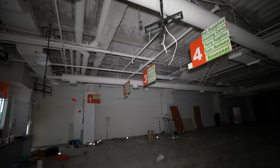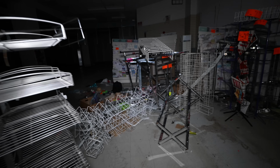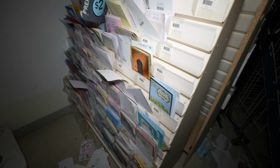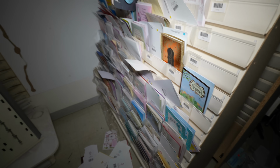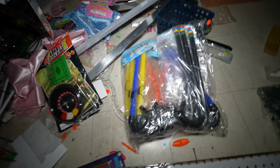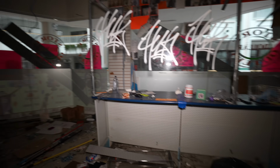There's a lot of crap left behind here. Oh, look at all these racks. Wow, there are tons of cards left over. Just couldn't get rid of them, huh? And seriously, what a bunch of junk. It's crazy that this is the crap that they can't get rid of, but it's all just garbage at the end of the day. The cash registers are also a little